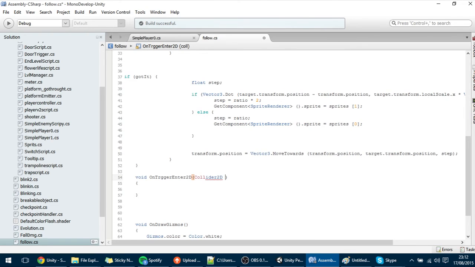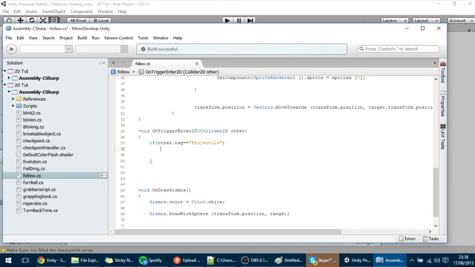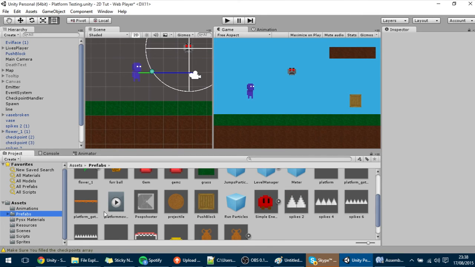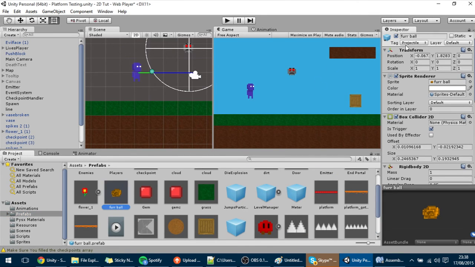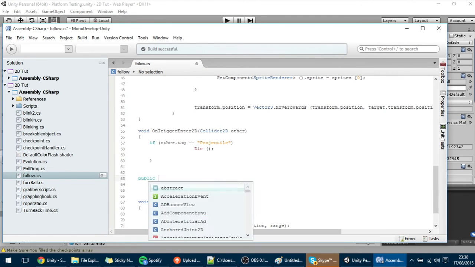So collided, the other, which is whatever collided with this trigger, if other dot tag equals projectile, and this is actually on our furballs. So here in the prefabs, the furball is a projectile. If other dot tag equals projectile, then I want to execute the die function, public void die,